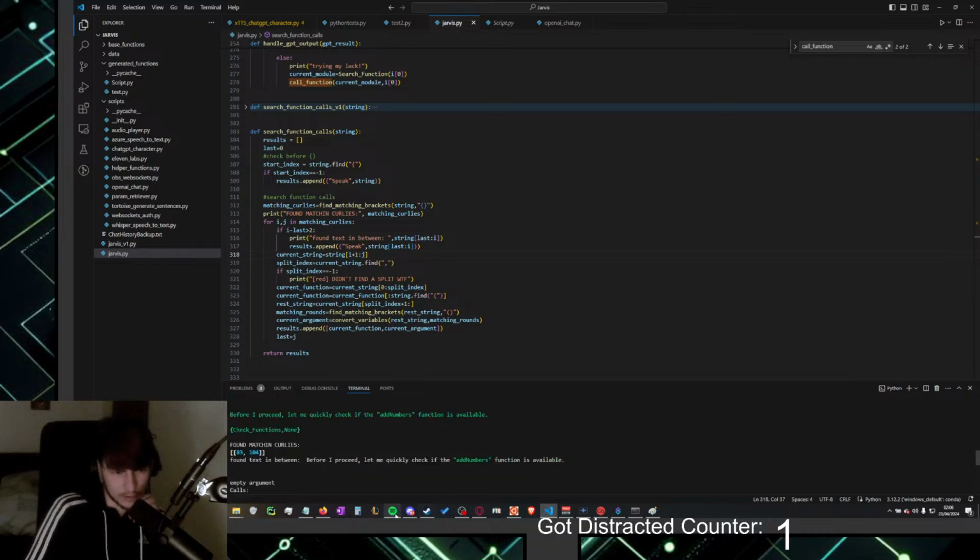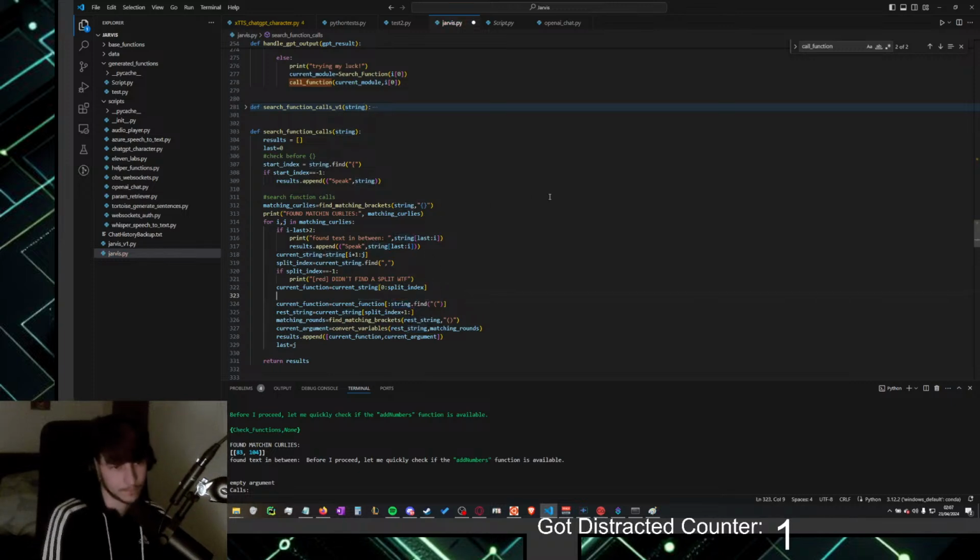Why did it cut off the S? Oh, because the second thing is exclusive, so because this didn't find anything, it defaulted to -1, which is the last index, but because it's exclusive, it cut off the last thing.